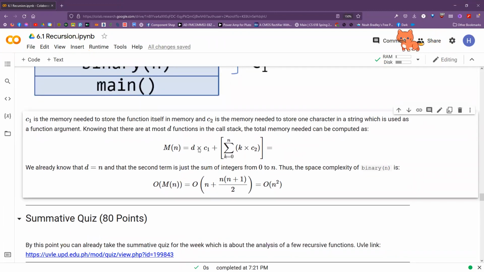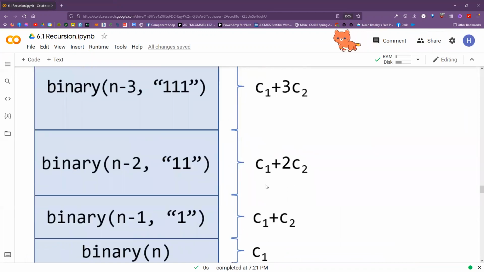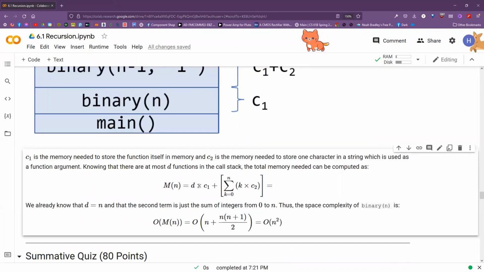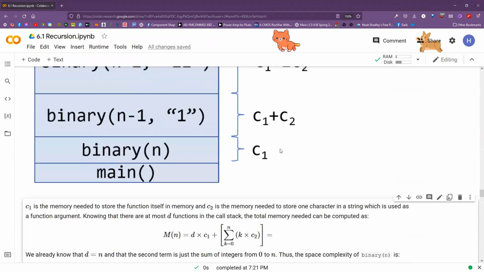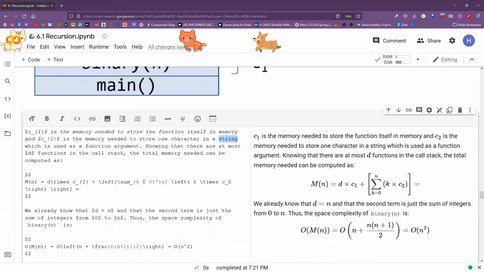So, ayun. We have D times C1, kaya siya meron ganyan, and then K times C2 from 0 hanggang, actually D, or actually yun, more appropriate, this is from 0 to